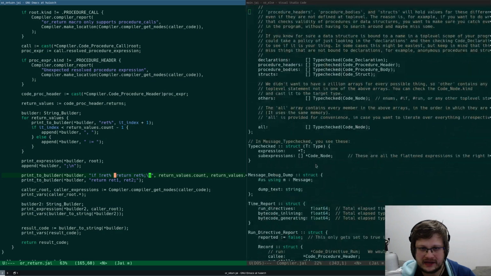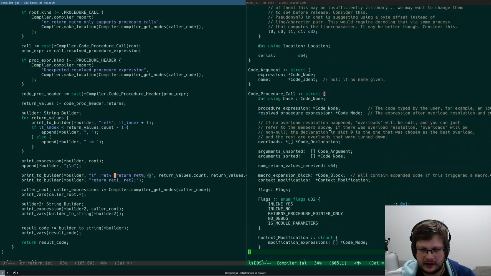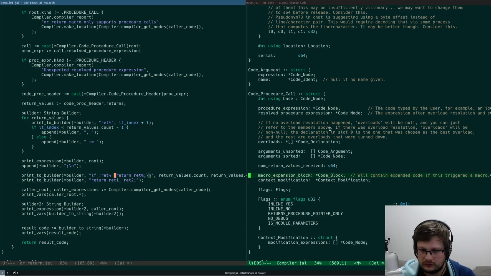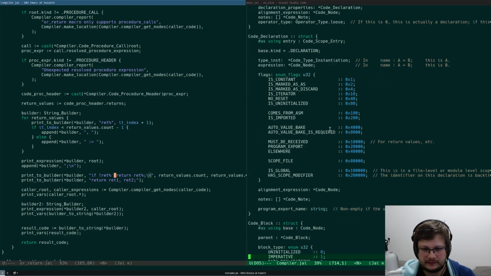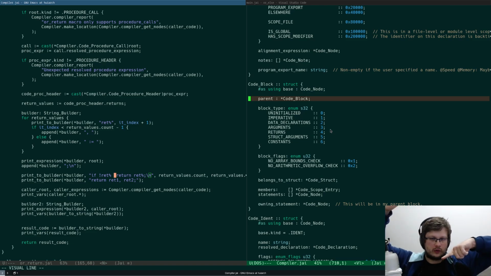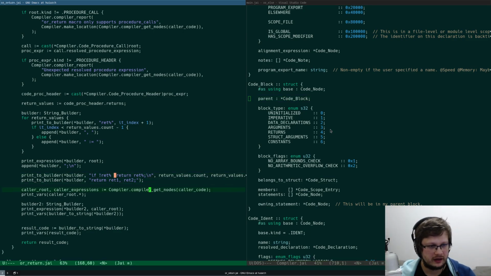Maybe macro has something. So we have a call, like if it's a macro extension block, right? Maybe this has something interesting. Will contain expanded code if this triggered a macro. Right? Maybe this has a parent. Let's see if we can use it.